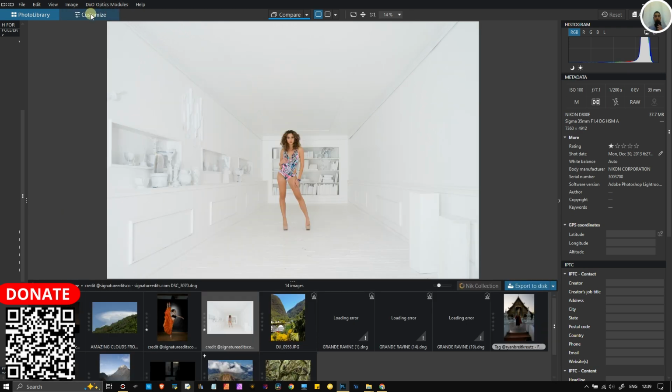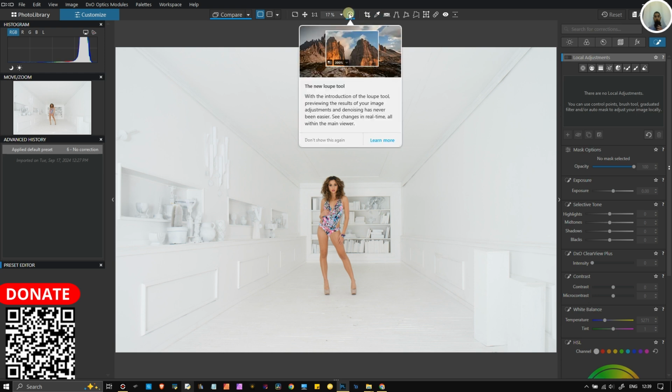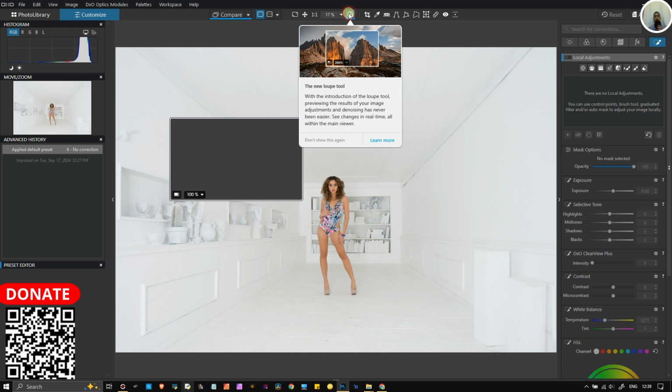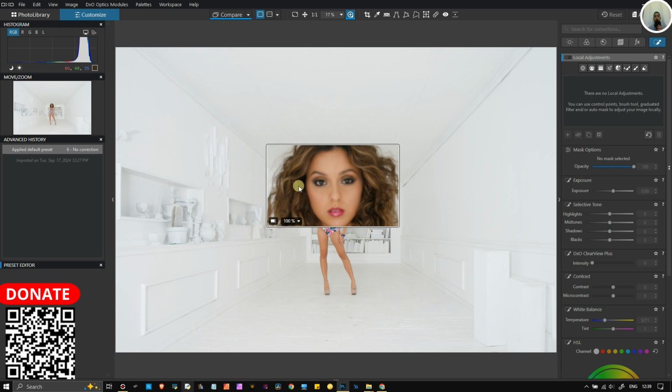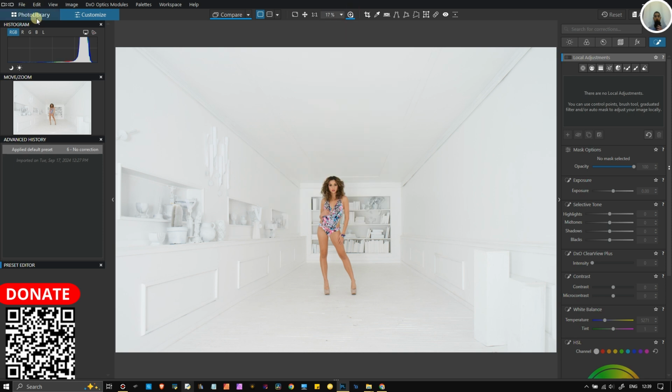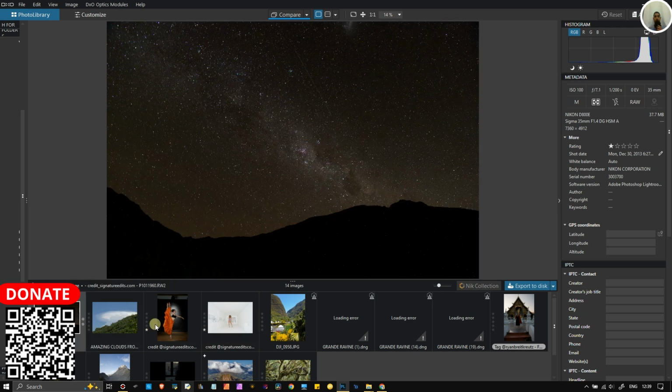For example, if you go to Customize, then on the top you have this new Loupe tool. So the Loupe tool, basically when you click it, finally shows you the changes of your raw file. Let me demonstrate that for a bit. So let's change the image. In that case, probably this is not the ideal image to show you the differences. So I'm going to go back to a noisy image, for example. That is actually a perfect example to show you